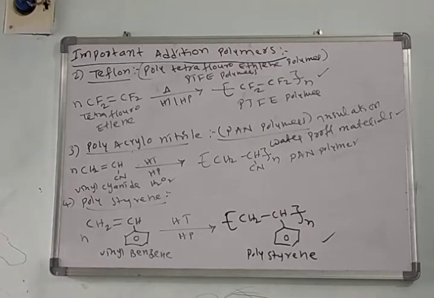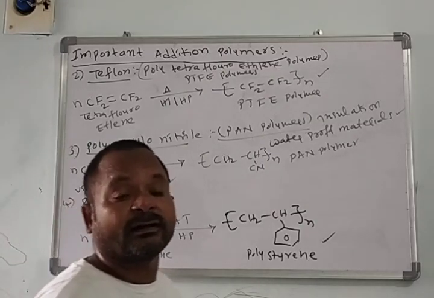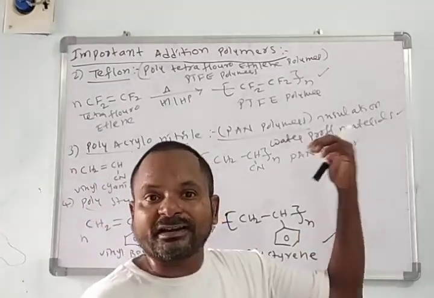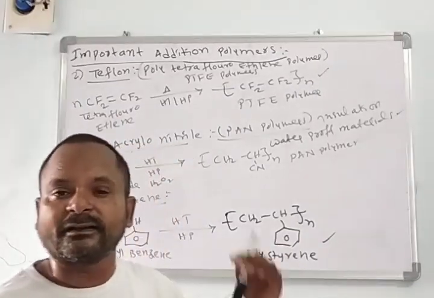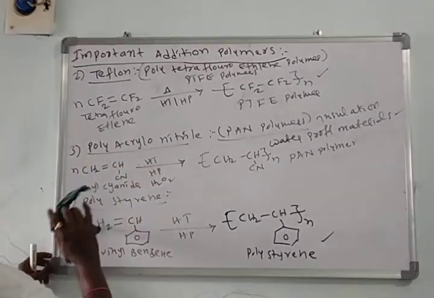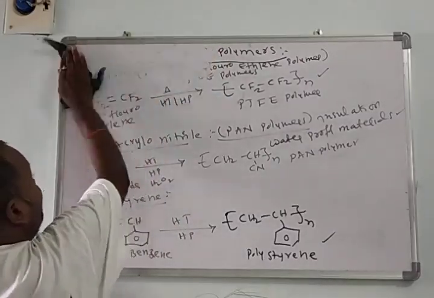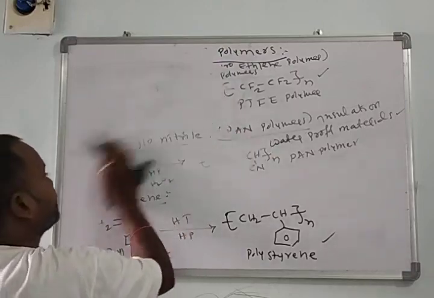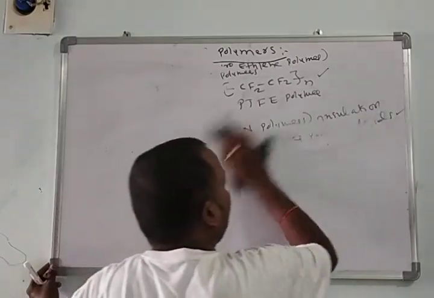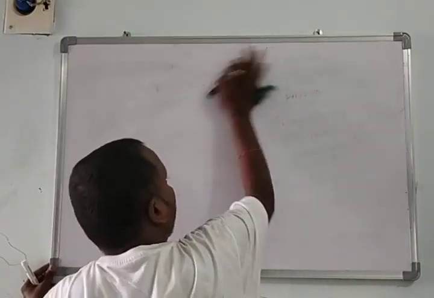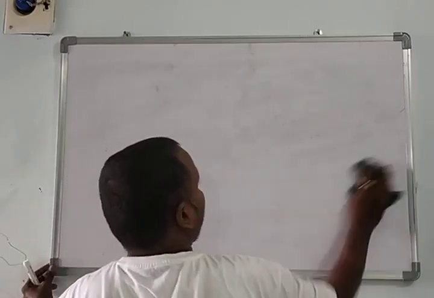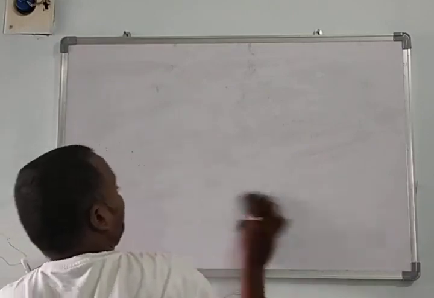And there is one more type of polymer. In continuation we'll see condensation polymers. The conversion of monomer into condensed polymer we call condensation polymerization. Condensation polymerization is also called step growth polymerization. That means polymers develop in a stepwise manner. That's why we call them step growth polymers.